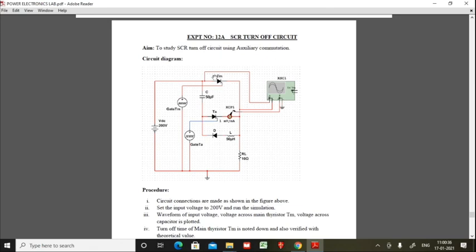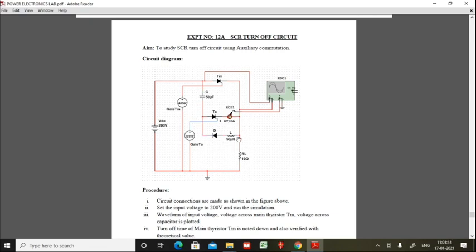So this is the main thyristor. This is the main circuit, and we are turning it on by giving the pulse. And we know that once an SCR turns on from the pulse, it will be continuously on. Since you are giving a constant DC here, it will have a positive VAK and it will stay on forever. So you have to somehow make it off. Even if you remove the gate pulse, it will not turn off. So externally you have to do something to make it off. So that is this circuit.